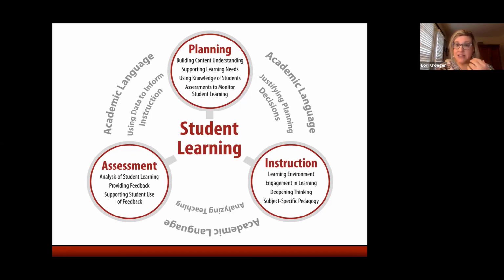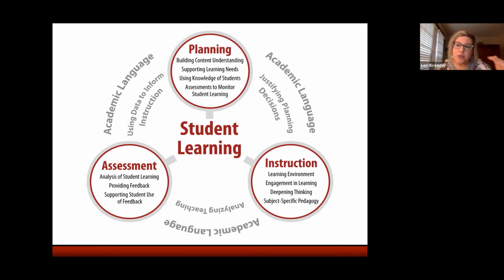The third task, the assessment task, is where candidates provide evidence and an analysis of student learning. They provide evidence of the feedback they've given to their students, and ways in which they've provided opportunities for their students to understand and use that feedback. So that's what they're providing in Task 3.